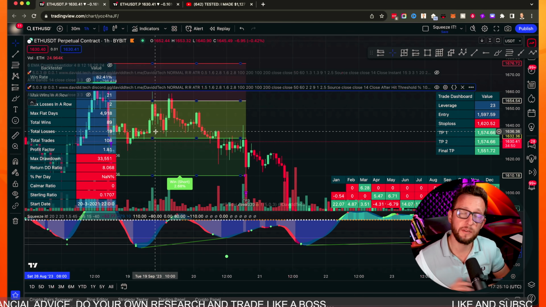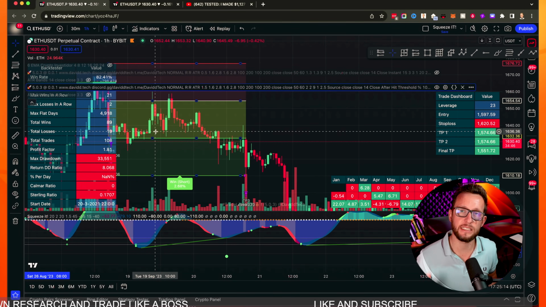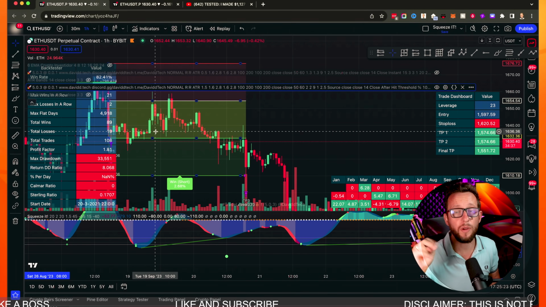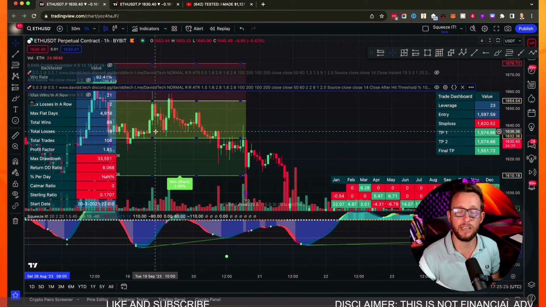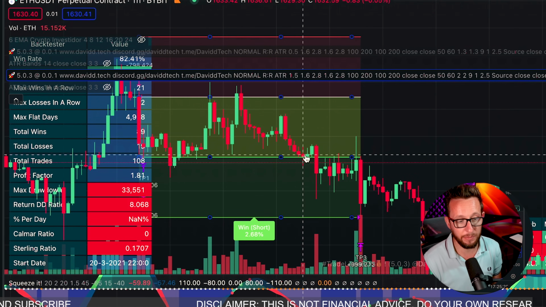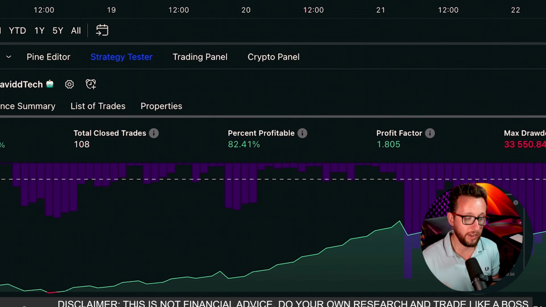I also tested multi-take profits, which sometimes looks better than it is in TradingView, but by increasing our risk to reward to 2 and taking profits at the 50% line, just like here, we're taking a profit here of 50% off the table when we get to this point, and we're taking the rest off at the end up here. We actually increase our win rate to